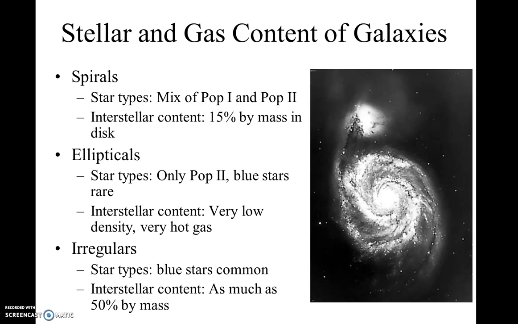In some cases, there can be as much as 50% of the mass of the irregular galaxy still in the form of gas and dust. So in some sense, you might think of these as lots of star formation taking place, and that's exactly what we observe in these irregular galaxies. All right, so